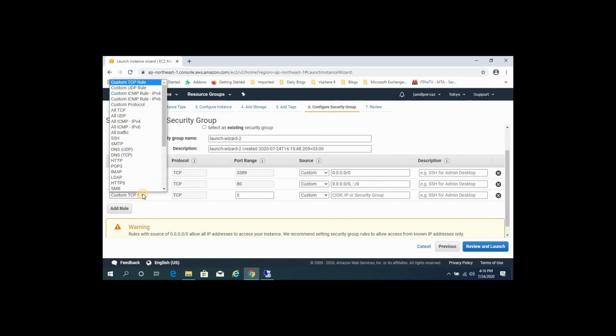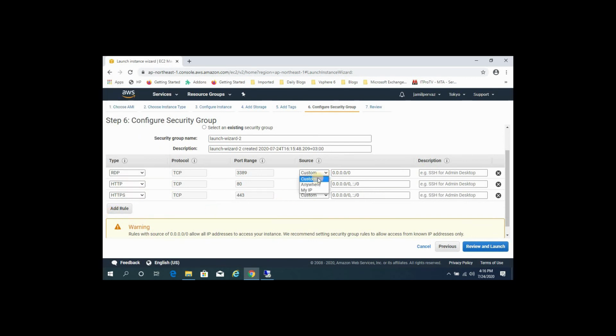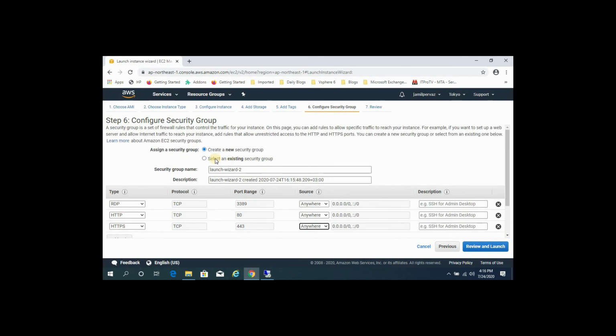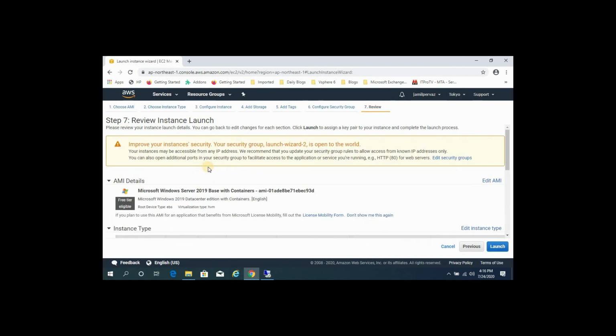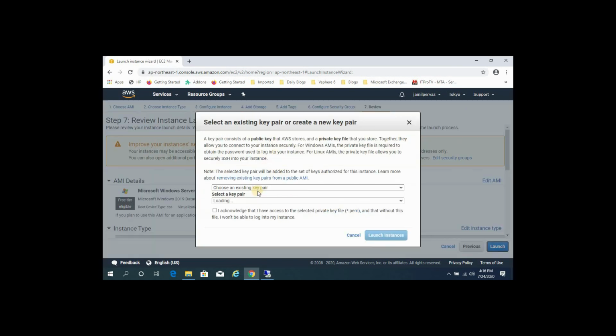Click Add rule, select HTTPS, and under Source, select Anywhere. This is a new security group, so I'm not going to create a new one; I'm taking the default one. Click Review and Launch, then click Launch.